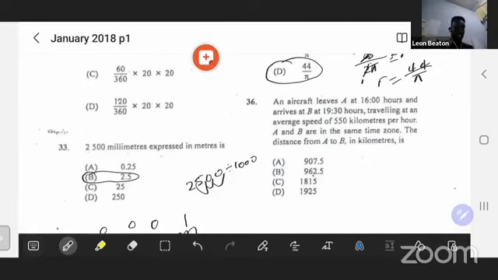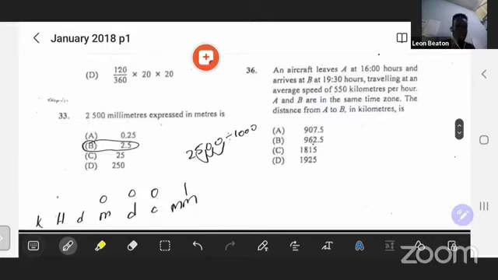All right. So let's see. Number 36 says an aircraft leaves A at 1600 hours and arrives at B at 1930 hours, traveling at an average speed of 550 kilometers per hour. A and B are in the same time zone. The distance from A to B in km is,